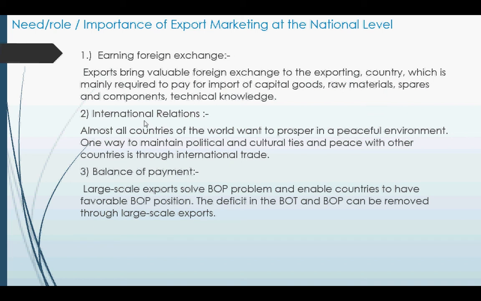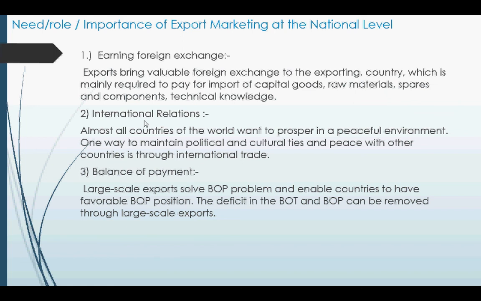Balance of payment. Due to large scale exports, a country's balance of payment position will be improved. Therefore, we are able to eliminate the unfavorable position in the balance of payment. What is an unfavorable position? When the value of imports is more than the value of exports, an unfavorable condition prevails in the balance of payment position. That can be tackled and checked when we export more and more goods and services. Thus, the deficit in the balance of trade and balance of payment can be removed